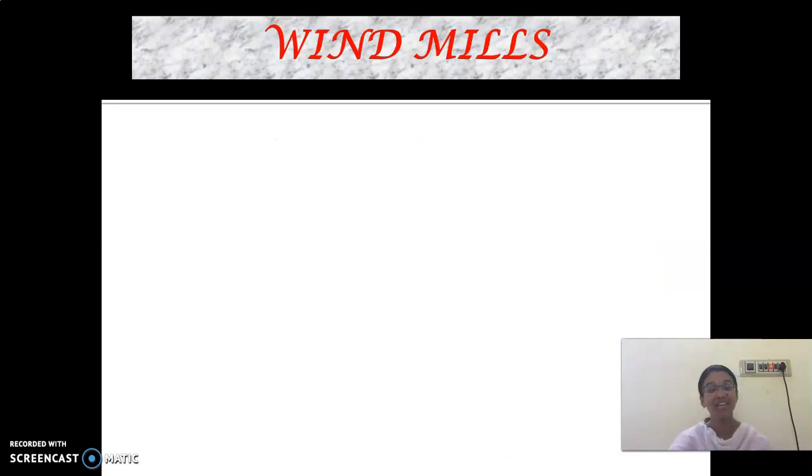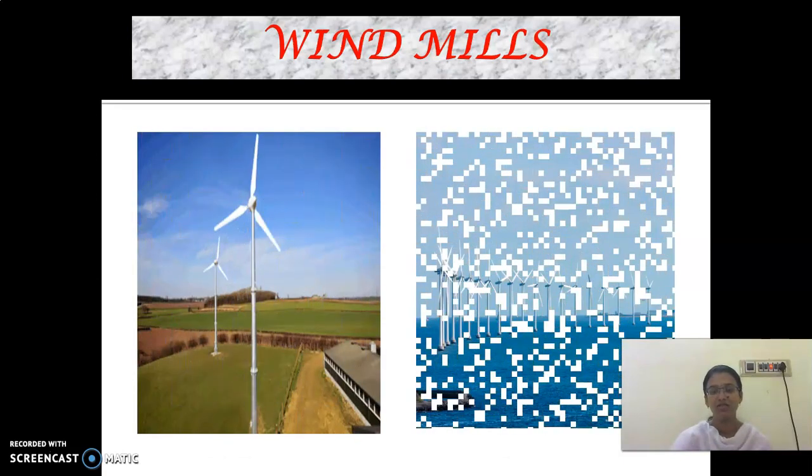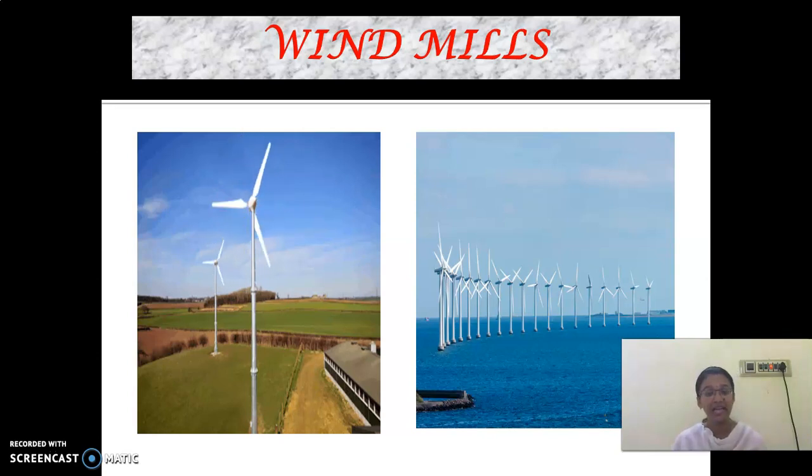Next thing is windmills. Have you seen the windmills in Kanyakumari, children? Yes. Here and there we are able to see them. If you go to Tirupati also, you can see windmills located on top of the mountains. And what is the minimum wind level required for electricity to be produced? Yes, 20 meters per second. The wind must flow at that speed. Then only is it possible to produce electricity.